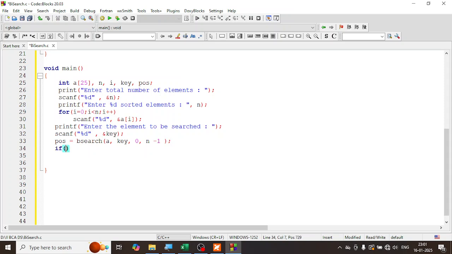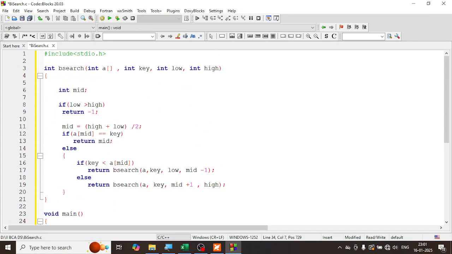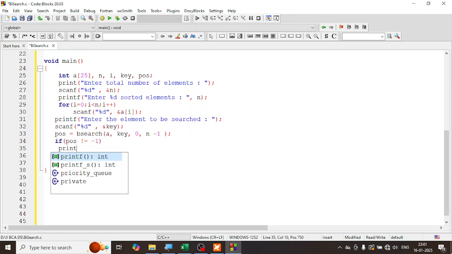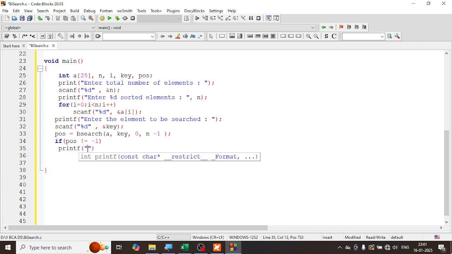If you know very well, if the element is not found, if the lower is greater than the high, that means you're going to return -1. If the position is not equal to -1, you found the element. You're going to say printf, and you can say "key is found at", or "element is found